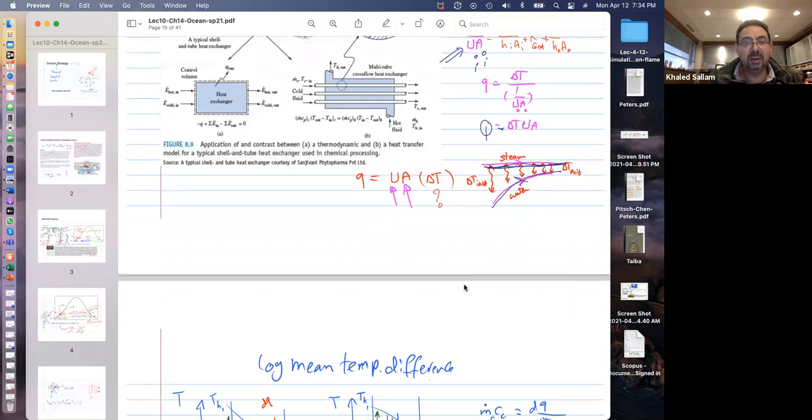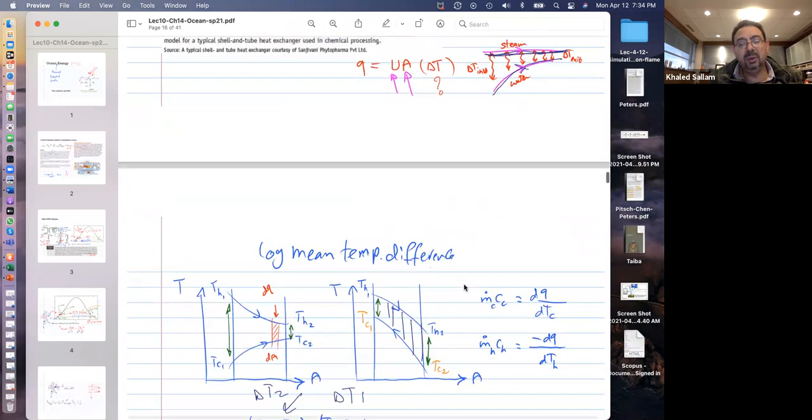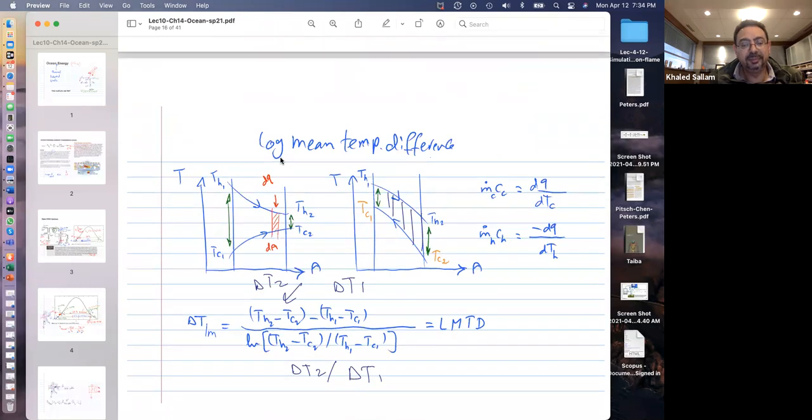It would reduce error. So what do people do? They use something called, if you remember from heat transfer and thermal fluid, the logarithmic mean temperature difference. It's a way to get a good delta T, and there is a mathematical proof why this is the best delta T to calculate the Q, rather than the mathematical average. This formula will become the mathematical average if the difference between the two of them is not that big. So if the difference is not big, the mathematical average would work and produce almost the same results